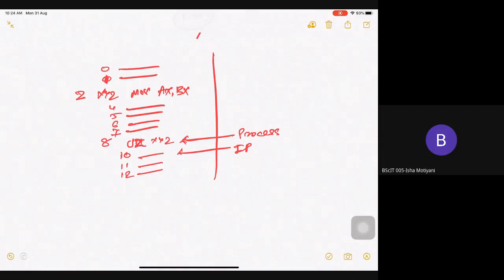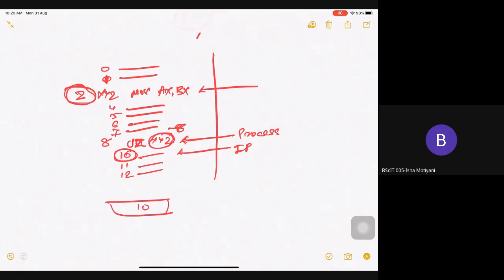But if this condition gets true, then I need to jump to location 2. So from 10, I need to jump to 2, and I need to change my IP so that it will go to 2. So here, instead of XYZ, I need to write -8. In that case, my processor will get to know that if I am on JZ, I need to change the value of IP, because IP will be 10 and I want to change it to 2.